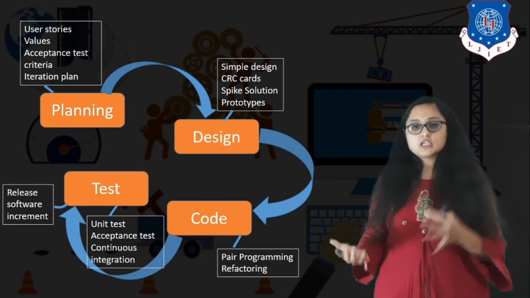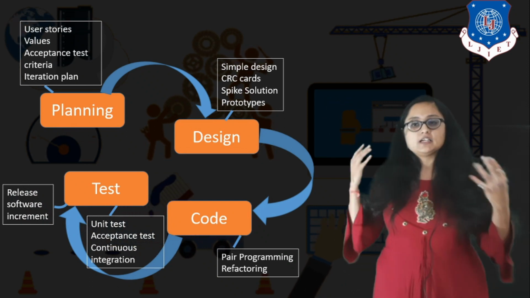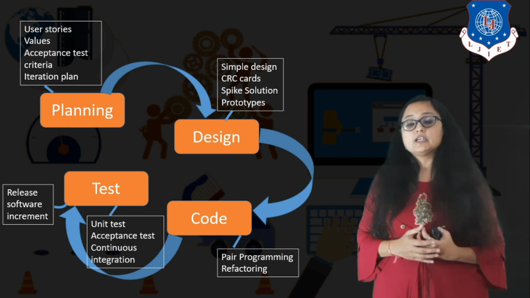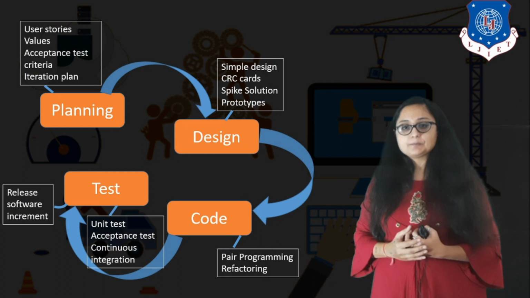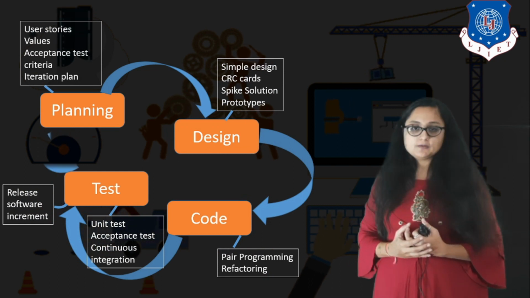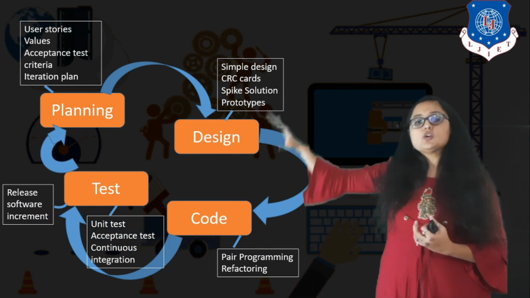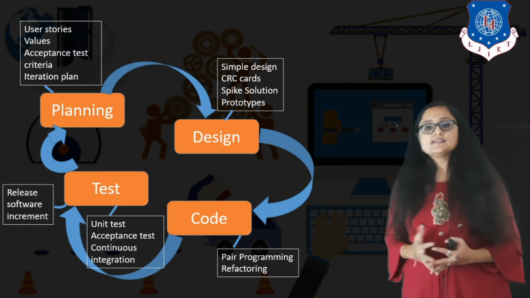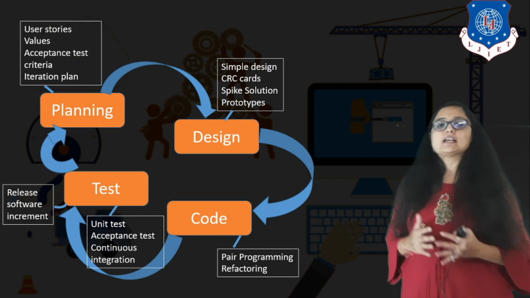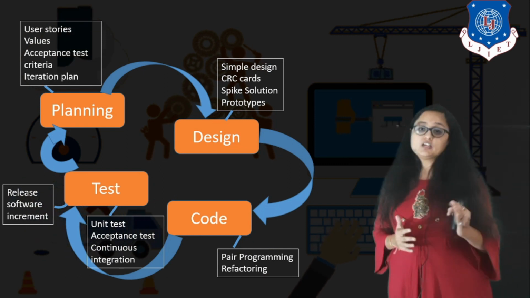So in the first increment, some of the user stories will be implemented. In the second increment, some of the user stories will be implemented according to the priority that has been set in the planning phase, right? So this is the whole cycle of extreme programming. But the main things that you have to consider are XP values and XP issues that are to be considered